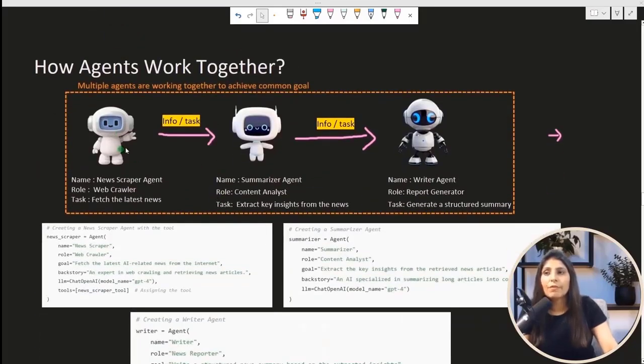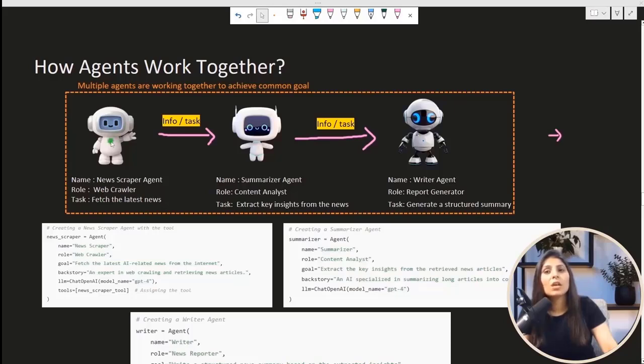Okay, so first we have this news scrapper agent. The name of the agent is this. Role is web crawler, means it will crawl the web. Task, what is the task of this agent? It will fetch the latest news. Suppose this agent performed a task, now it fetched the latest news.